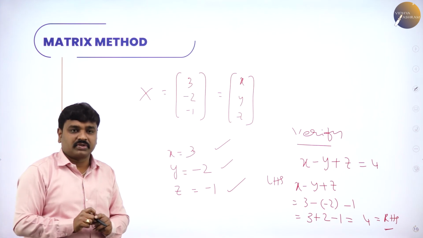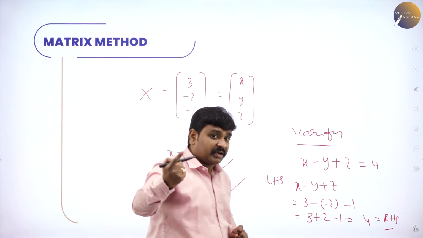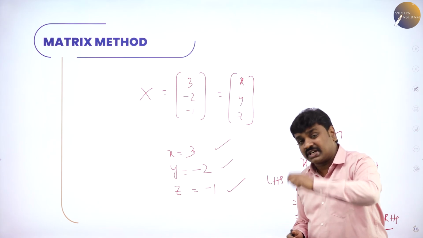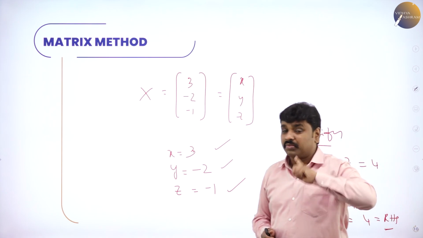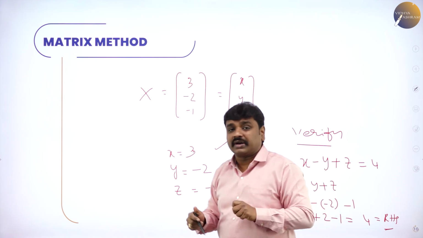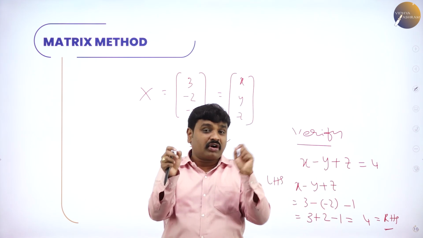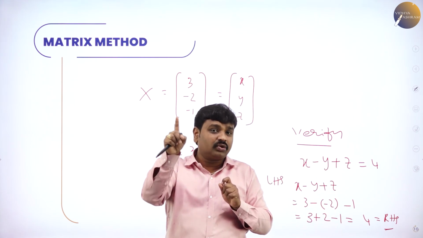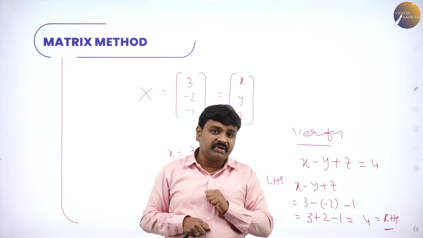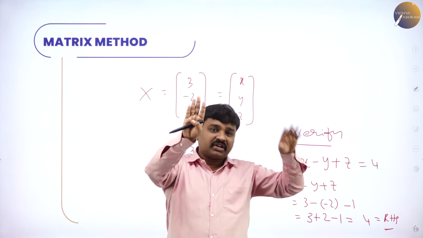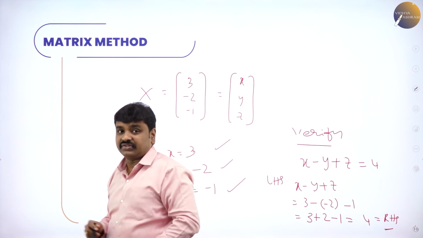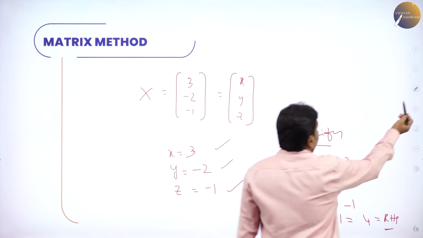So now we solved this by the matrix method. In my last session I did matrix method problems, and in this session also. The first problem was unique: 1 by x, 1 by y, 1 by z, which you should take as capital X. This is again unique. They ask you to find the product. When you find the product, you get the scalar matrix 8, 0, 0, 0, 8, 0, 0, 0, 8. You can write it as 8I, so 8 is the determinant. Therefore, with the coefficient matrix, they directly give the adjoint. You need not find the adjoint and waste your time. That is the advantage of this problem, so it's a unique problem.